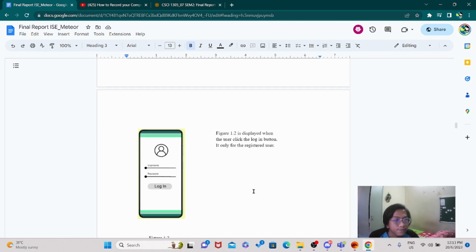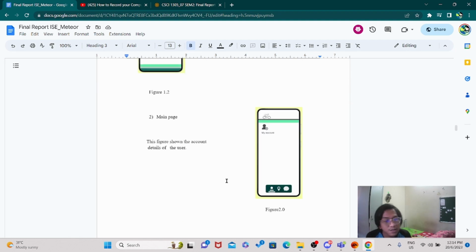Okay, next, figure 1.2 is displayed when the user clicks the login button on the front page, and it is only for registered users. And the second section is the main page.